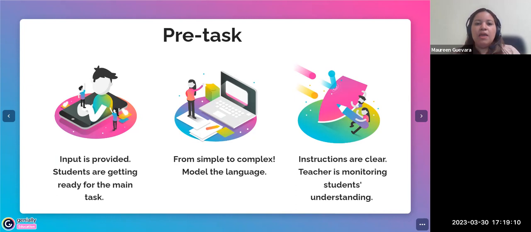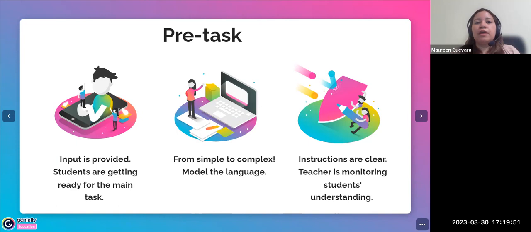for describing past activities. Okay, now the next step when we are planning is, how are my students going to have access to this input? Maybe you can give them a dialogue so that they can practice it in pairs or in groups, face to face or with different activities. Maybe they are going to watch a video with a specific language, or have a reading, or a small part of a podcast or a movie.